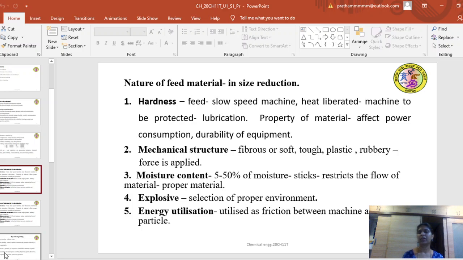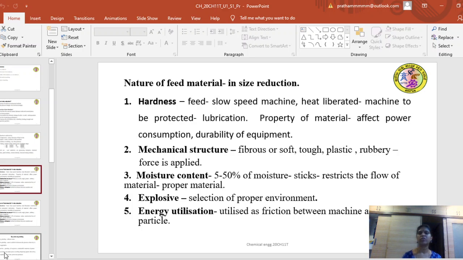So it should be of very less moisture content. If it is between 5 to 50% moisture content or more than 50%, you have to choose the proper equipment for the proper size reduction of the material. So the proper selection of the material with the proper selection of the equipment has to be maintained. So when it comes to explosives, during the crushing of an explosive material,